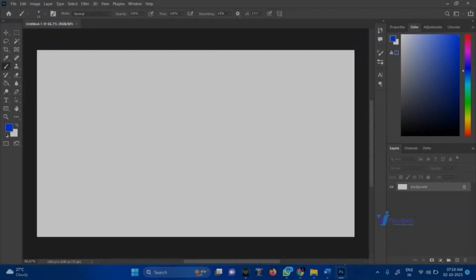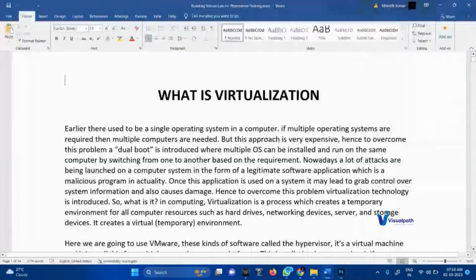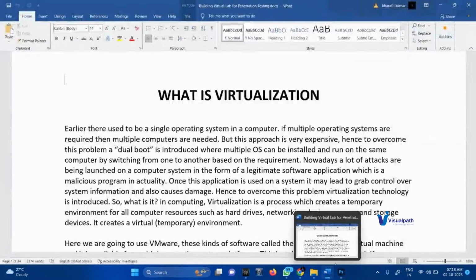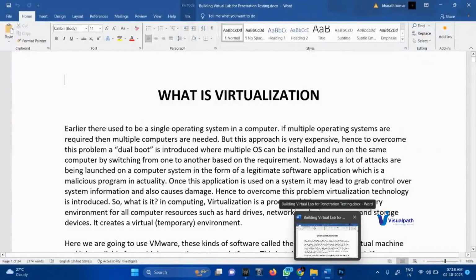Okay, so now we are going to discuss virtual operating systems. Now we are going to discuss virtualization. So, what is actually virtualization? In earlier days, there used to be a single operating system